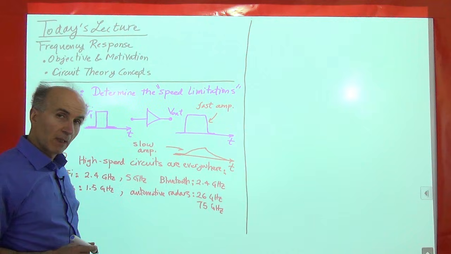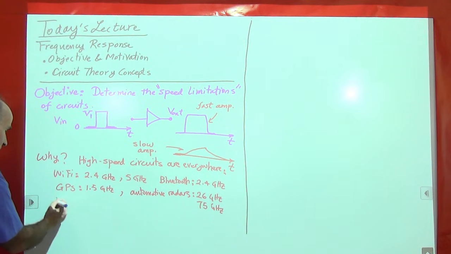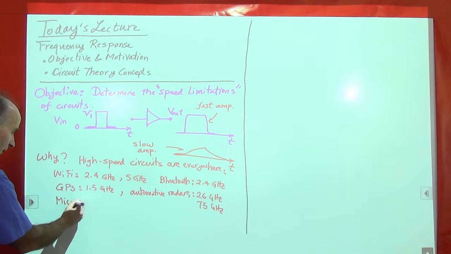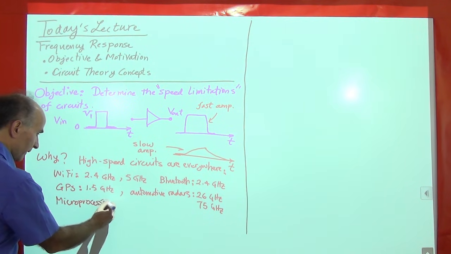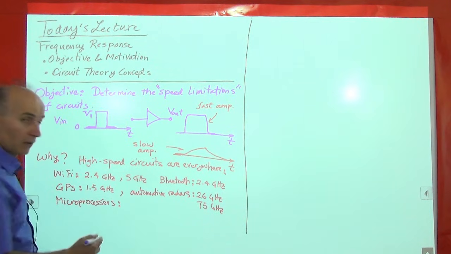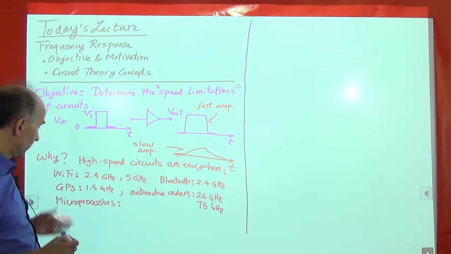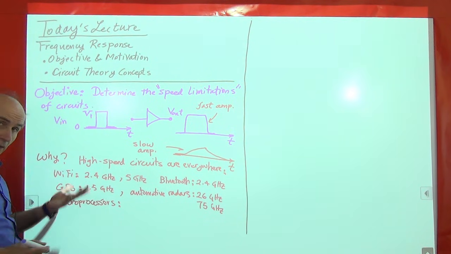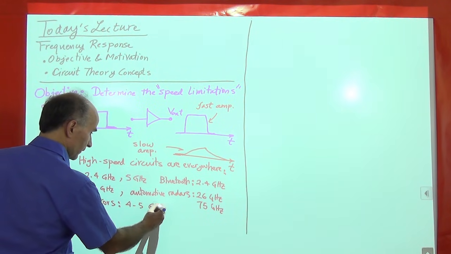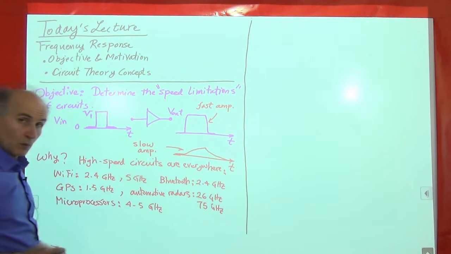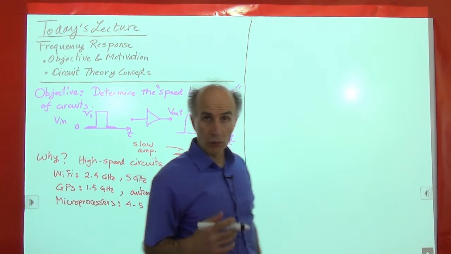Okay. And then there are many other examples. For example, microprocessors that are used in your computing devices, in your laptop, a desktop, even mobile device, right? These microprocessors operate very fast these days, on the order of 4 to 5 gigahertz. So we see that we have lots of circuits that run at high speeds, and obviously to be able to